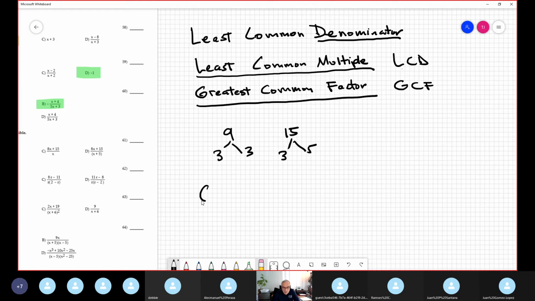Suppose we want to find the greatest common factor between 9 and 15. The rule says you take the common, S3. 3 is common. When you take it, it disappears, you factor it out, and 3 stays here, but 15 has no more 3, so no more common. However, the least common